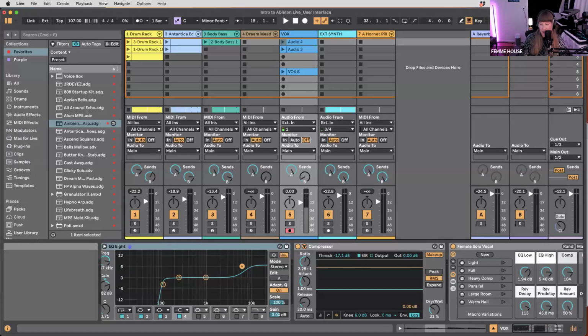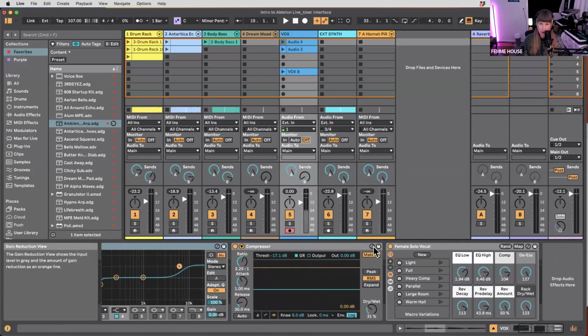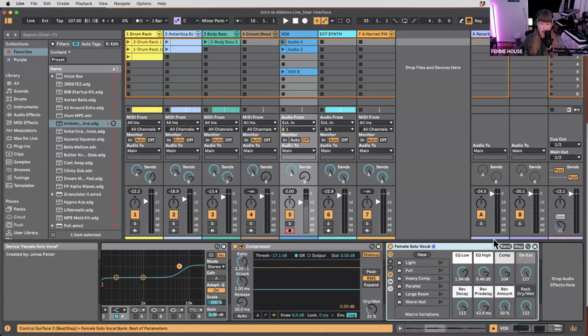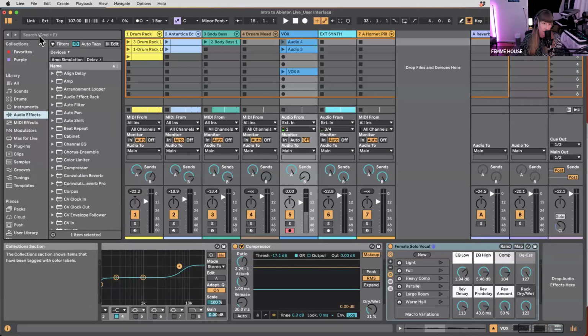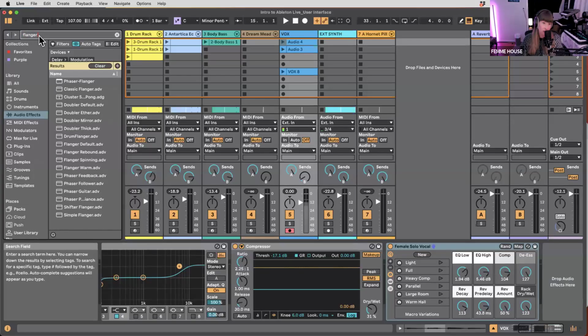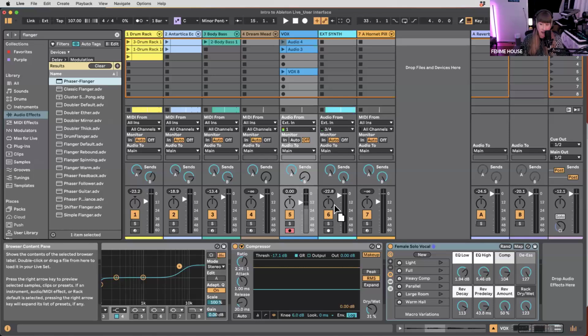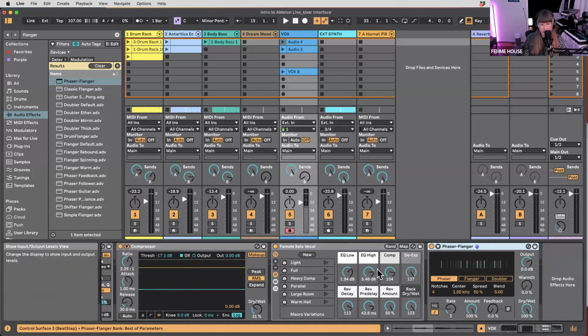So it's going to be a little vibey. How do you change the effects type? I'm wondering if you could tell me more about that. If you ever want to switch out effects, you can just delete them, go to audio effects. You can use your search function. Let's say that you know you want a flanger. Type in flanger, and it's going to show you all the audio effects that have flanger. Click and drag onto your audio effects